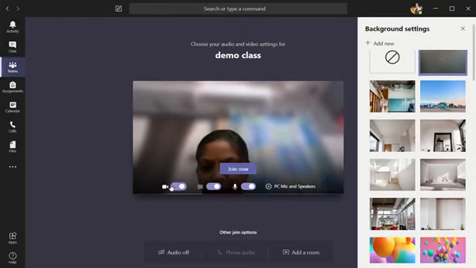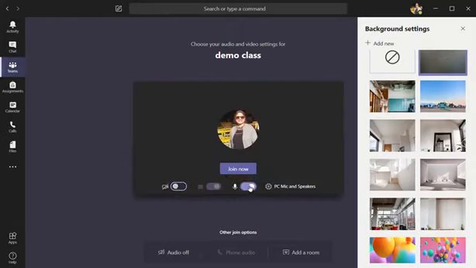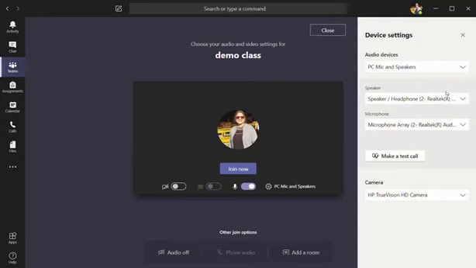Okay, now right now I'll put off my camera, and then there is the option mute microphone. If you want to mute your microphone, then you can use this option. Generally we teachers don't do that, because if you mute your microphone, children will not be able to hear you. And then PC mic and speaker settings are there. These are the usual settings. If you're doing it for the first time, it is advisable you make a test call and check whether your audio video settings are working properly or not. Okay, so I'll click on join now.